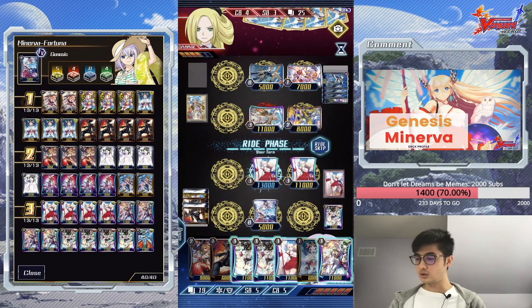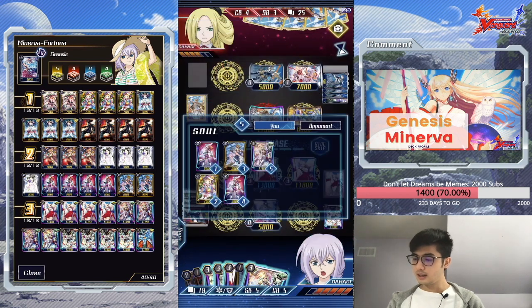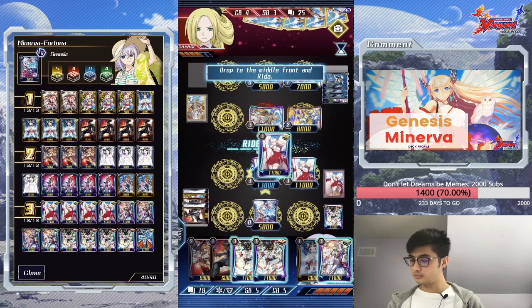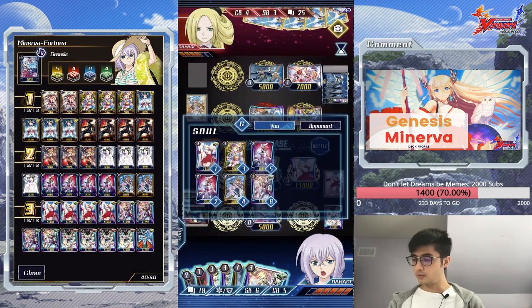Alright, so there's no reason to actually rewrite here, except if you want that extra soul, sometimes you do. I don't think it's necessary here though. Is it? I guess it's okay. I guess we can do that. One extra soul, we can use this. We want to use this because we want to be